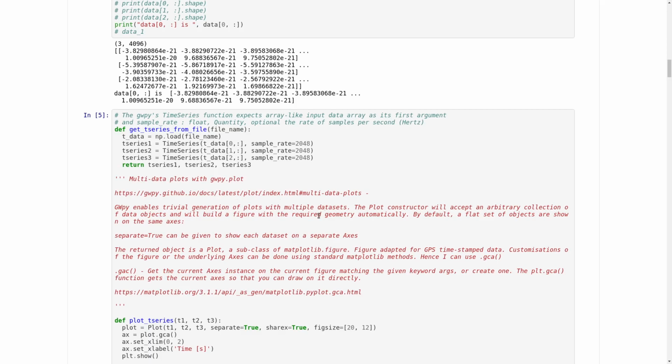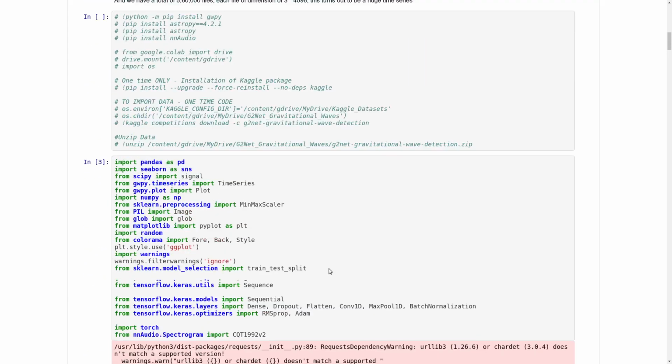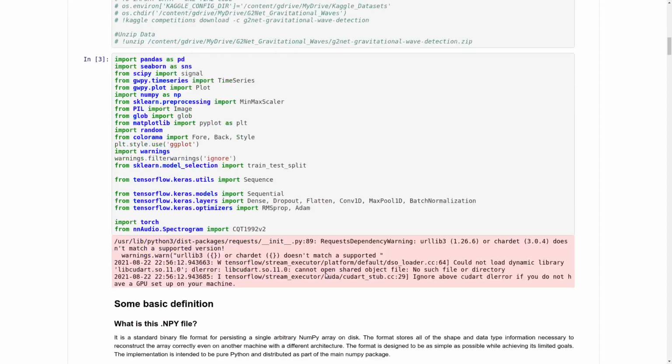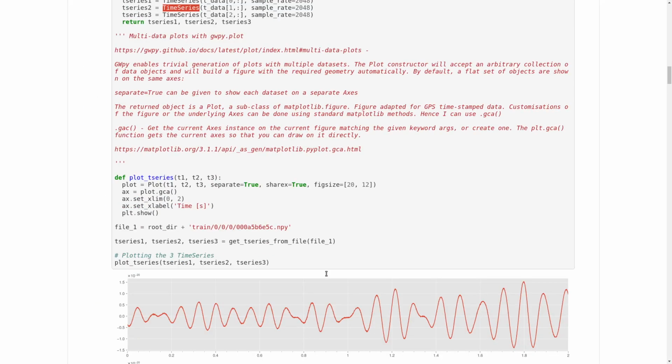That is, remember, each of the .npy files has 3 time series in it, coming from the 3 interferometers. So that's exactly what I'm doing here: my first time series takes the first time series, the second one takes the second, and the third one the third. And the sampling rate is 2048. And I'm implementing this TimeSeries function, which is from gwpy, that I have imported here from gwpy.timeseries import TimeSeries. All right, and this is a plot,